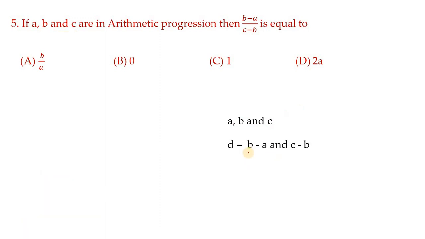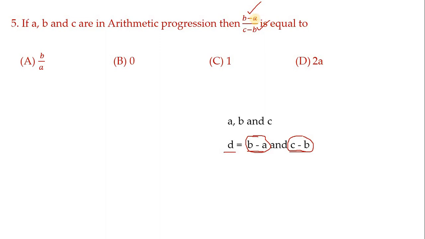I repeat again. See, B minus A, if you do, you'll get D only, because it is second term minus first term. And next, this is third term minus second term. In that case also you will get D only. That is what we learned in arithmetic progression: D is constant. D never changes. Hence, I have found the D value generally for A2 minus A1 and A3 minus A2. These terms are present here, B minus A and C minus B.